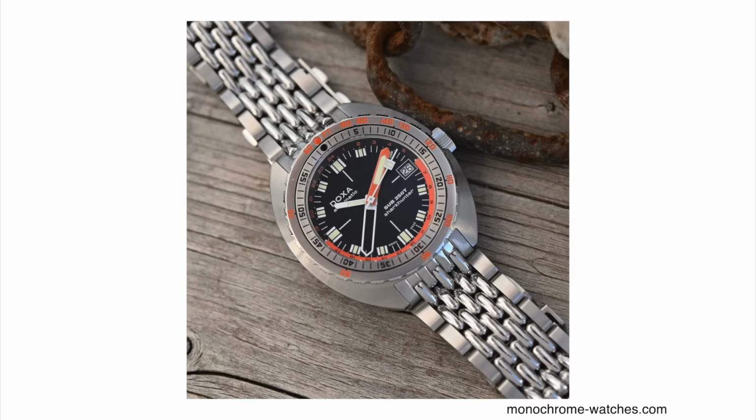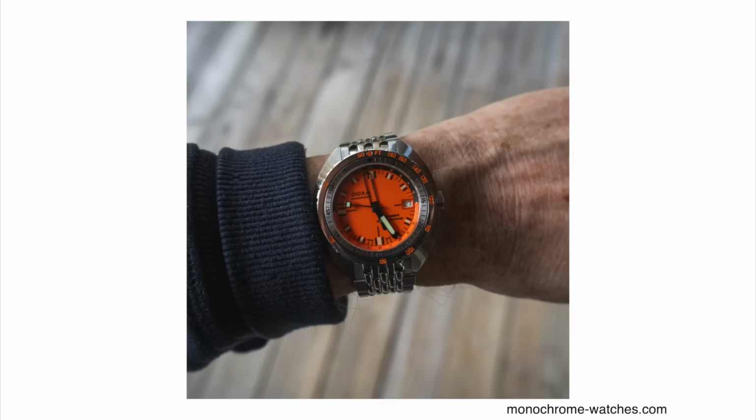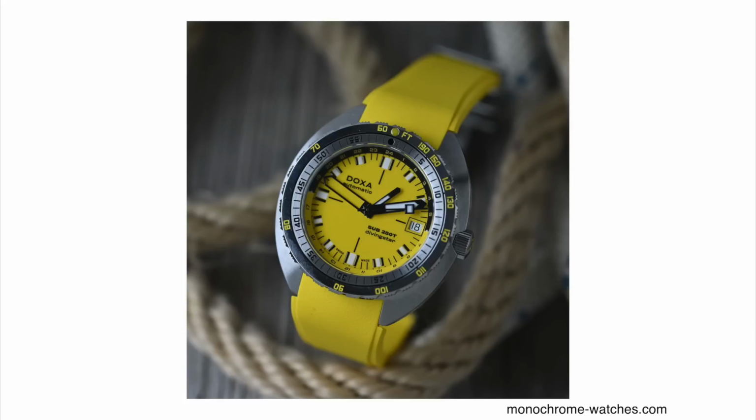So the name of this one is the 250T, and in terms of the case dimensions, it's very reasonable, 40mm diameter by about 10.85 millimeters in case height. Super impressive for a watch with 250 meters of water resistance. This one also features a very short leg-to-leg distance, only about 43 millimeters, so it will fit the majority of the